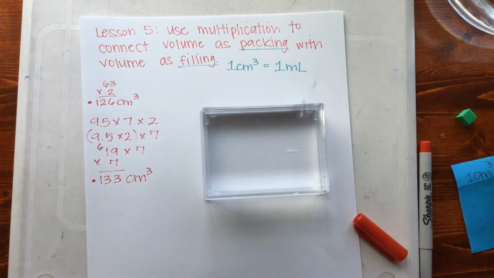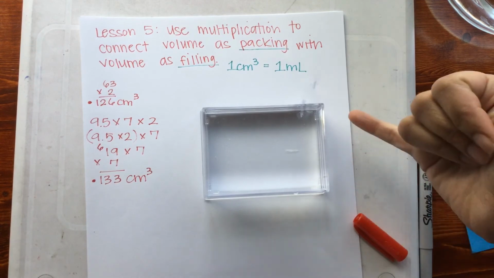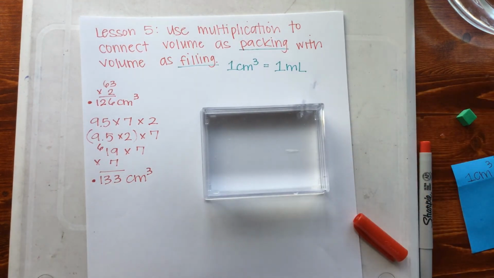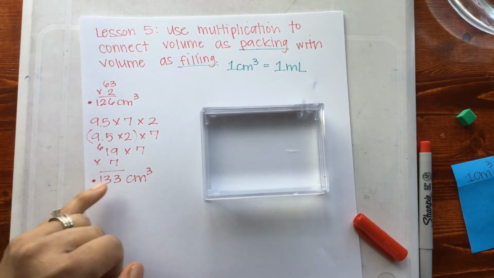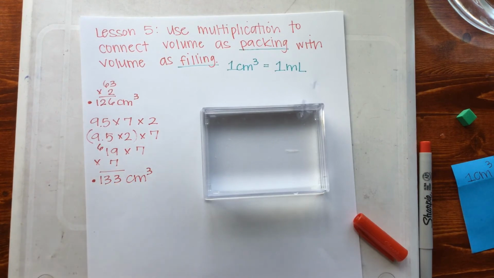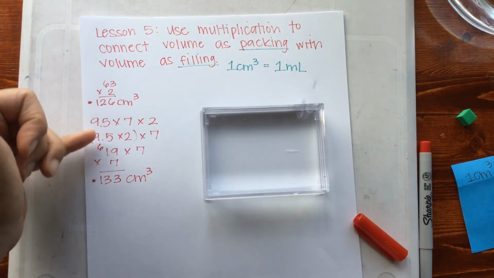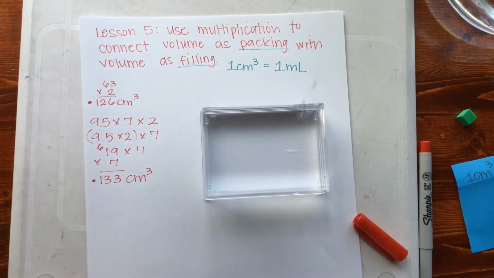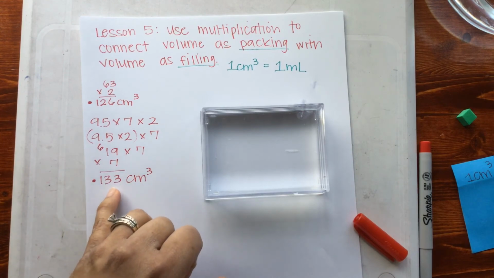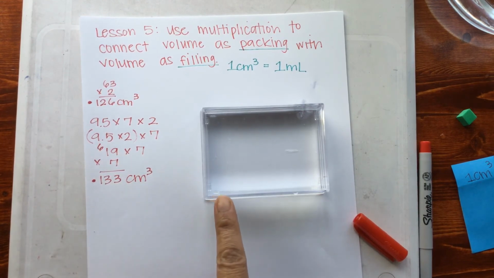So I was able to fill my container, which when I packed it, had a volume of 126 centimeters cubed. Again, when I measured it, it was 133 centimeters cubed, and that's accounting for the thickness of the plastic. So we're going to take this measurement here, and we can see that we were able to fill